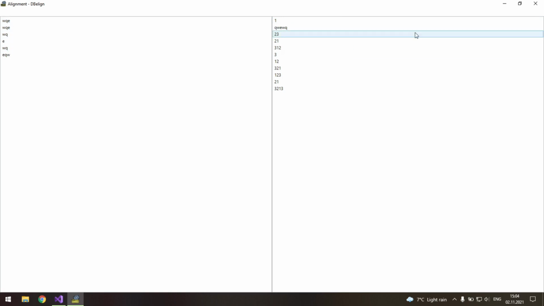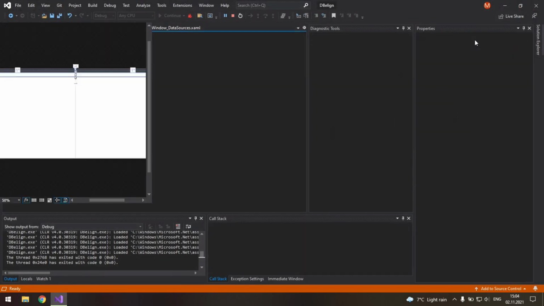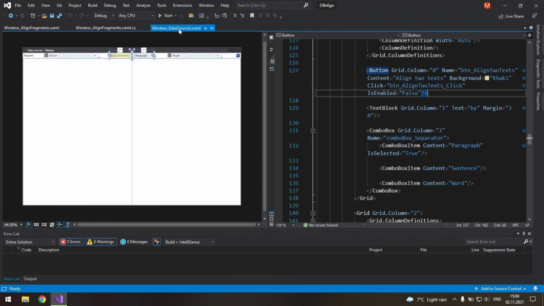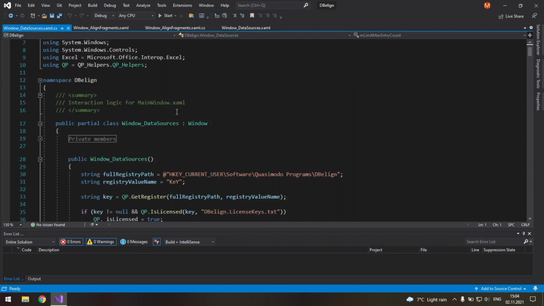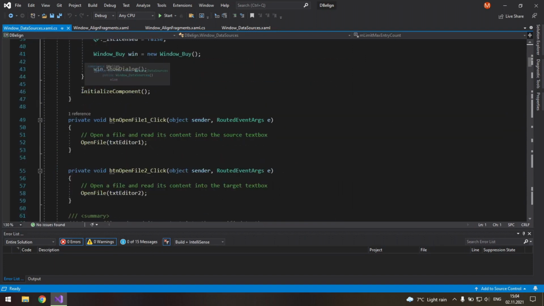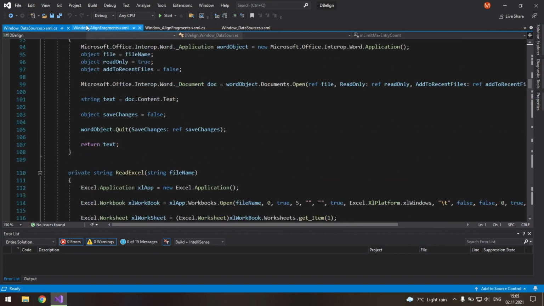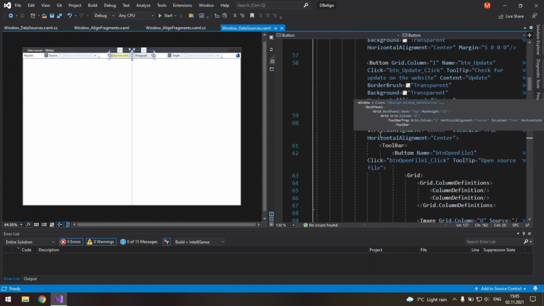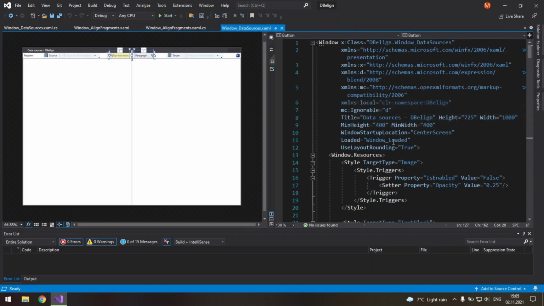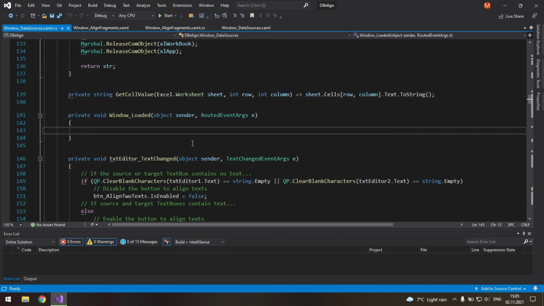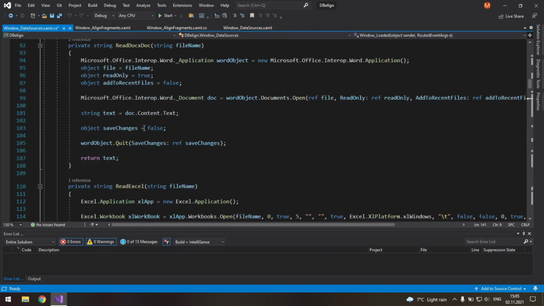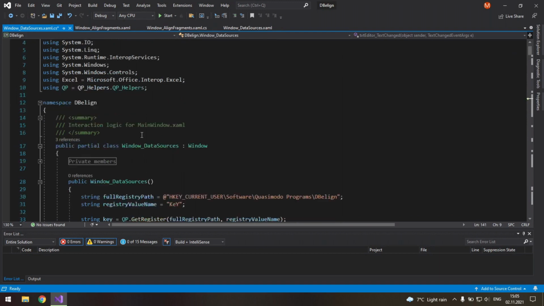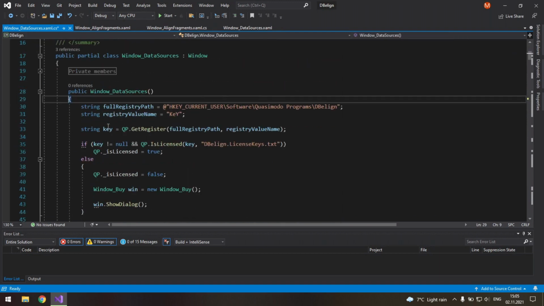Now let's return to our window data sources here, and let's navigate to its constructor. Actually, not its constructor, but the loaded event. Its loaded event is here. Let's move it up under the constructor,